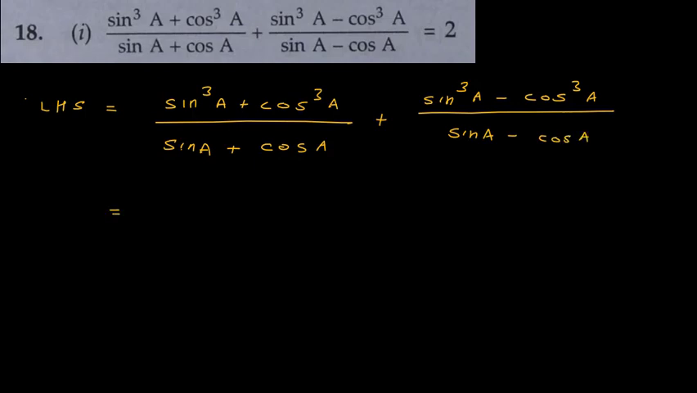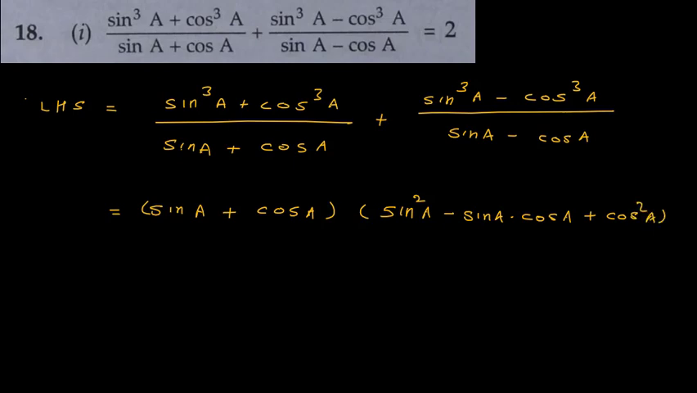Now a cube plus b cube. What is the formula for a cube plus b cube? The formula for a cube plus b cube is (a plus b), that is (sin A plus cos A) in one bracket, and in another bracket is (sin square A minus sin A into cos A plus cos square A), the whole divided by (sin A plus cos A),